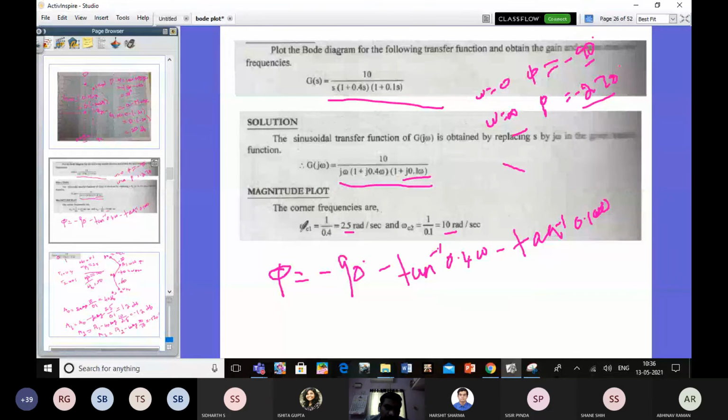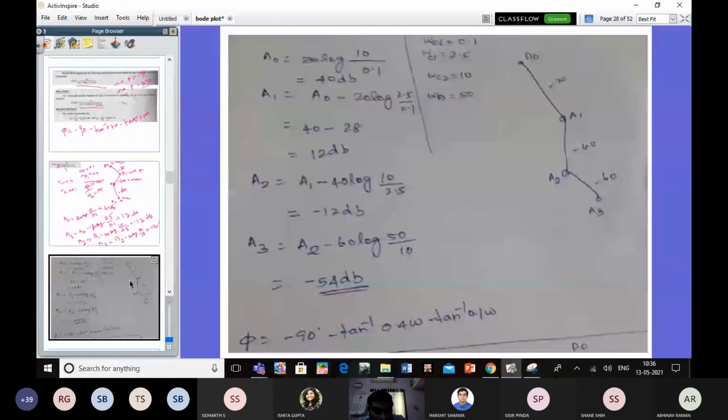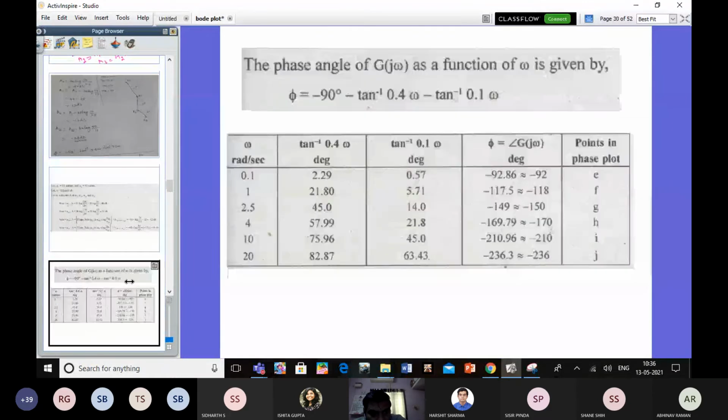It is not necessary that you must choose 0.1, 0.2. You can take 0.1, 0.5, 1 and take one interval, two interval, any interval you can take, that's not an issue. Like I told you in the example of the laboratory experiment, if you want to determine exactly in the plot where the firing point is happening, you may not determine it if you are taking the longer interval. If you are taking a shorter interval, then you may get the exact point. That is the only difference. Nothing is going to be wrong in that. Okay, dear.